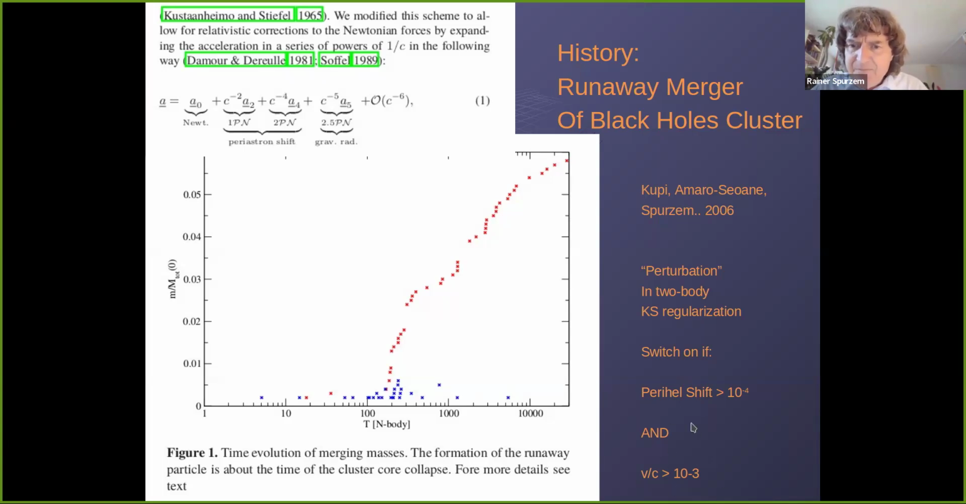And there are two criteria. One is that the perihelion shift, by the PN1 and PN2 terms, should be larger than 10 to the minus 4 in radians, and the v over c, so the speed, should be larger than 10 to the minus 3. And if these conditions are fulfilled, we always switch on, in this case, a full set of 2.5 PN. Yeah, so this was the status